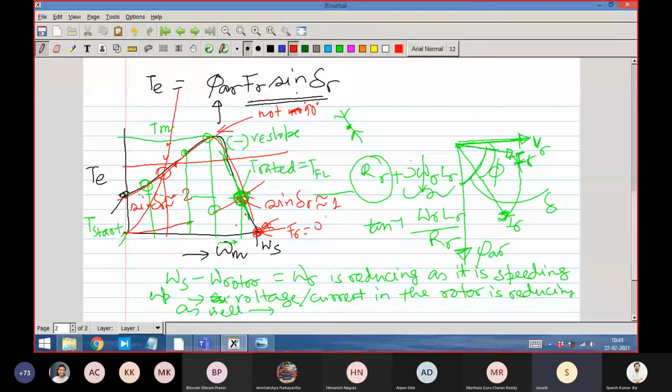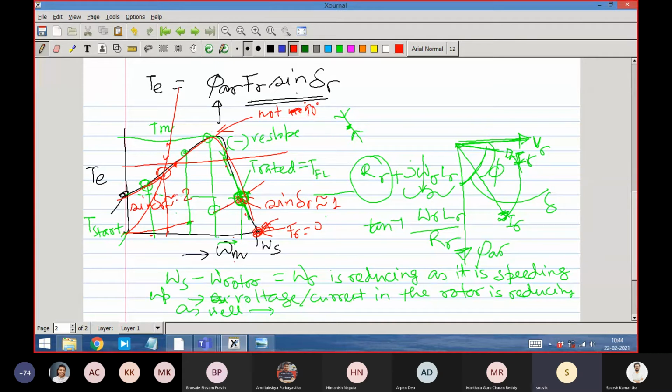I will come to this later. I'm probably analyzing it wrongly. I will come to that a little later. So what I'm saying is that here you first think that if the speed for some reason reduces, load torque is less and the developed torque is more, the speed will increase. Here what we see, if for some reason the speed is this, load torque is less, developed torque is more, it will increase. So it will come back to this.